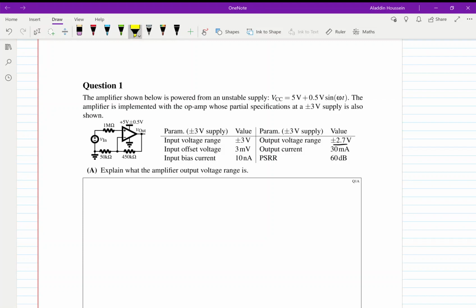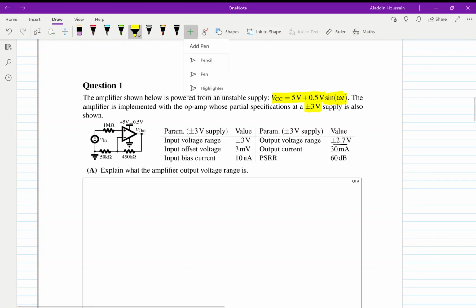So first things first is always going to be to read the question, most important part. We're told that the amplifier below is powered from an unstable supply, 5 volts plus 0.5 volts sine omega t. The even variation. The amplifier is implemented with an op-amp whose partial specifications are at a plus minus 3 volt